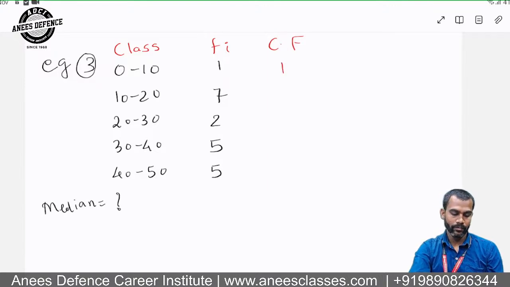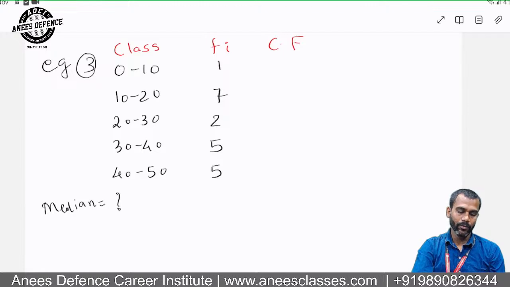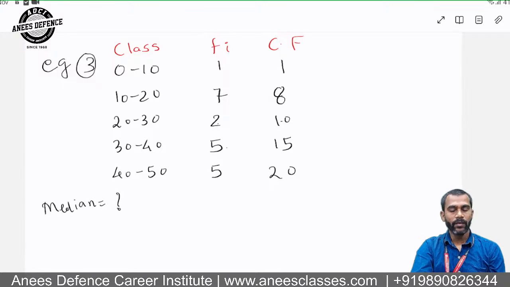Here you have to write 1. Then you have to write 8, 7 plus 1, 8, 8 plus 2, 10, 10 plus 5, 15, 15 plus 5, 20. Then we have to find